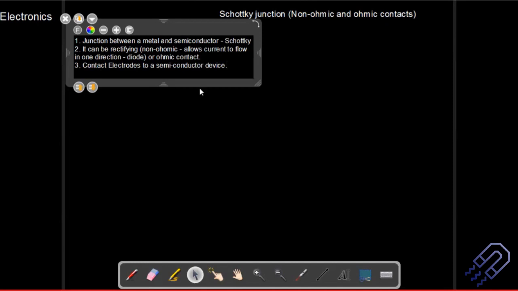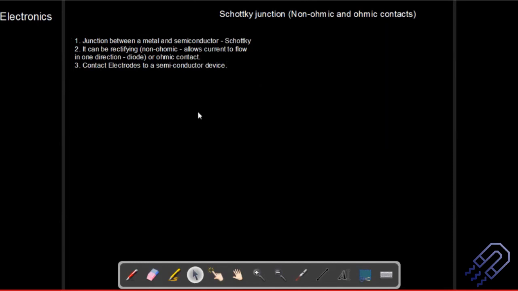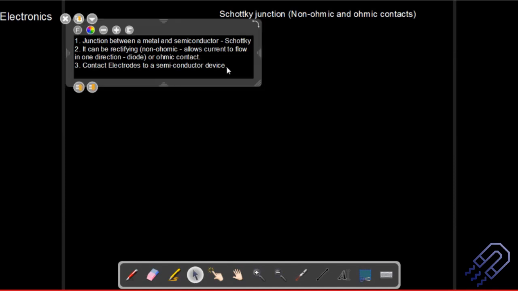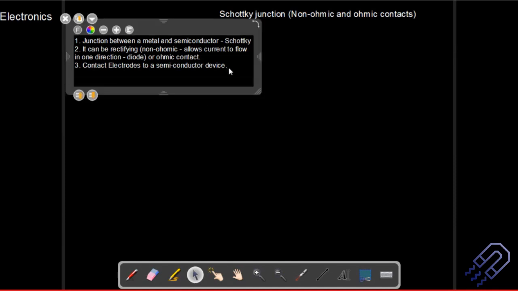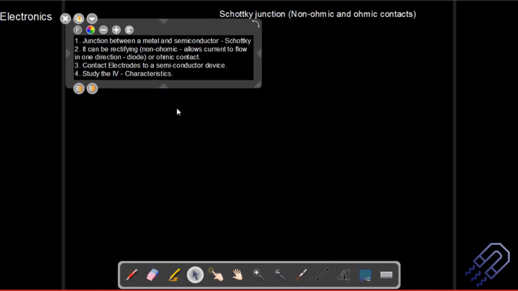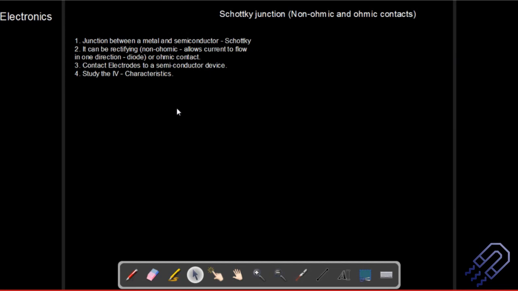And now we should look at some important diagrams. Whenever you open any book discussing diodes or any electronics, IV characteristics are very important. So what we are going to do is study the IV characteristics. The term might seem a bit complicated, but it's very simple. We plot a current versus voltage graph. So how do we plot a current versus voltage graph for a diode?